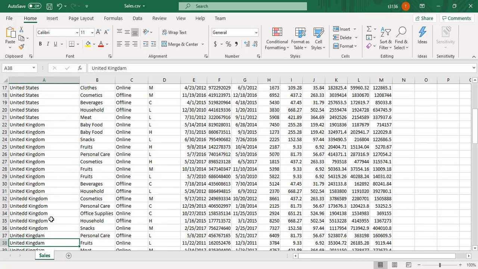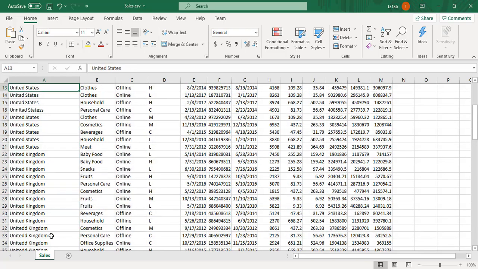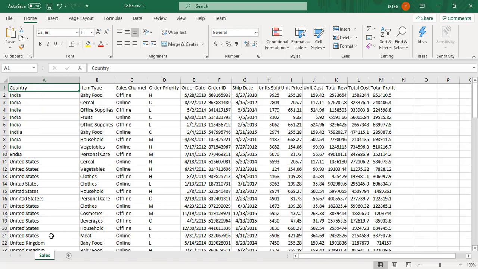Look, KINGDAM, the spelling is incorrect. So using the fuzzy grouping transformation, I'm going to correct this country field.